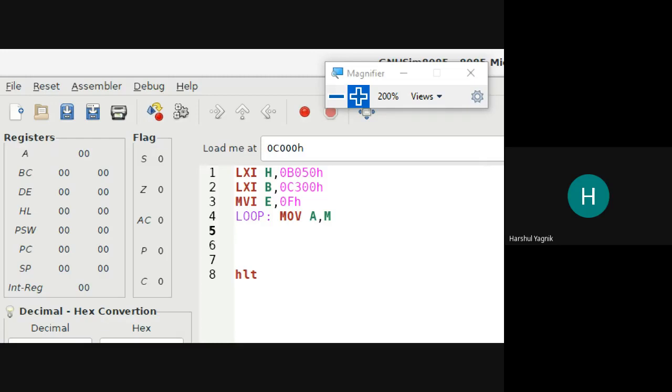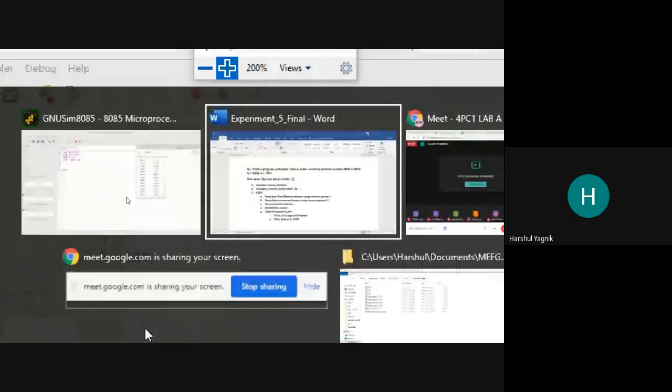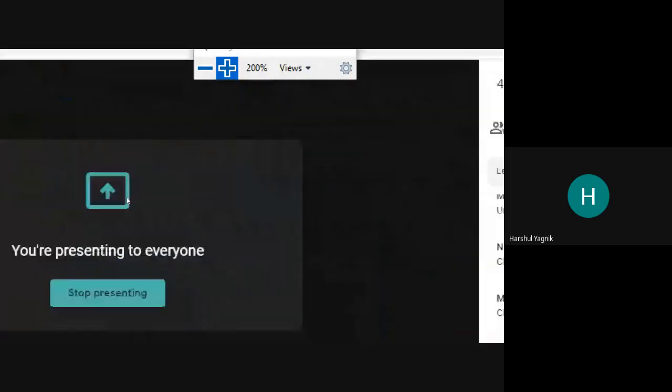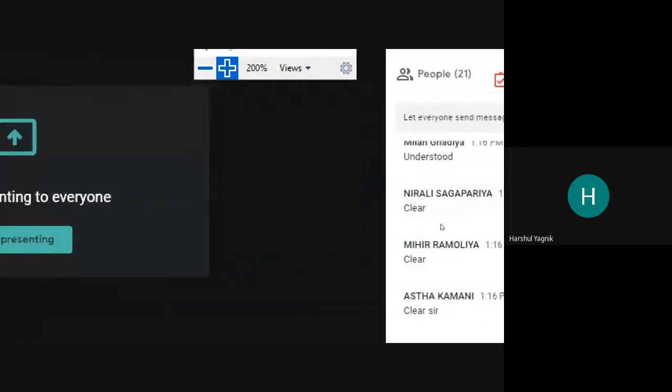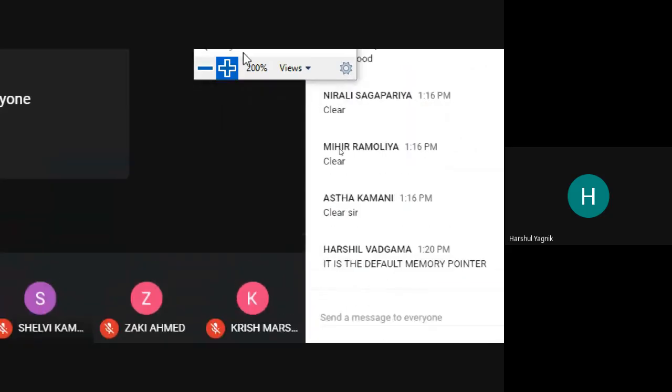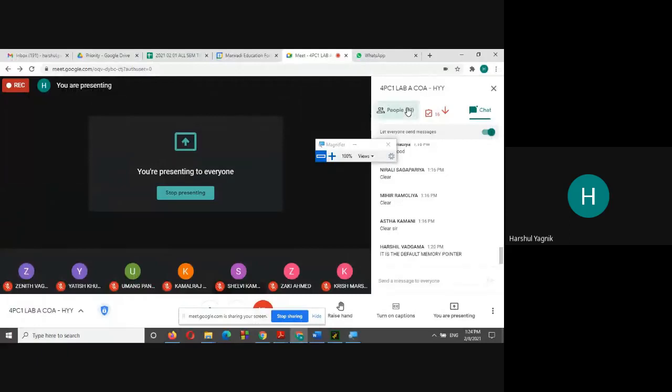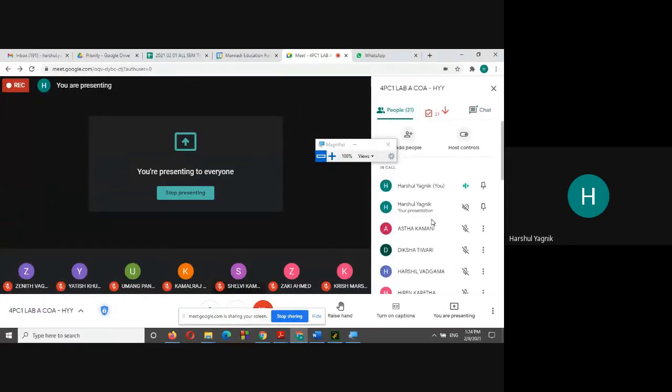What is the instruction for that? To store data from accumulator to memory location pointed by BC register pair. Do you remember the instruction? Diksha, Harshil, Hiren.